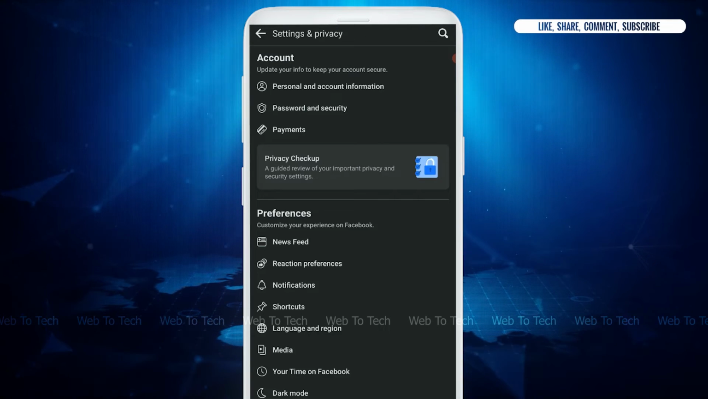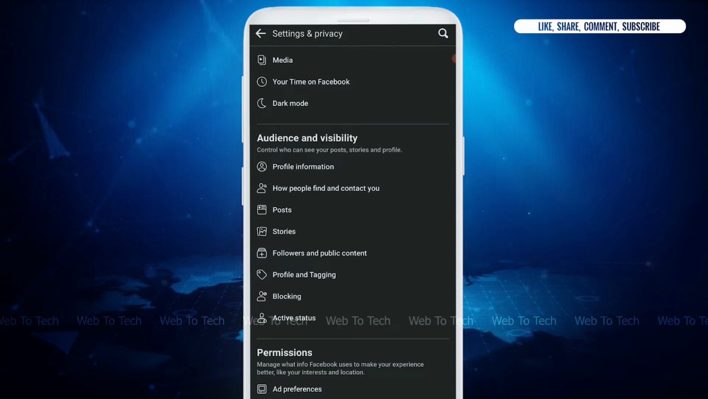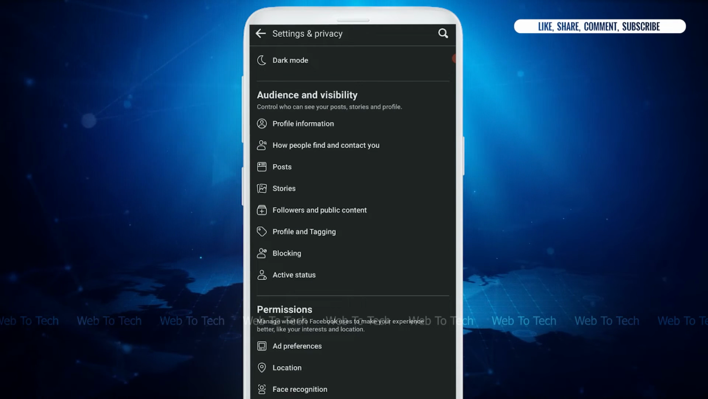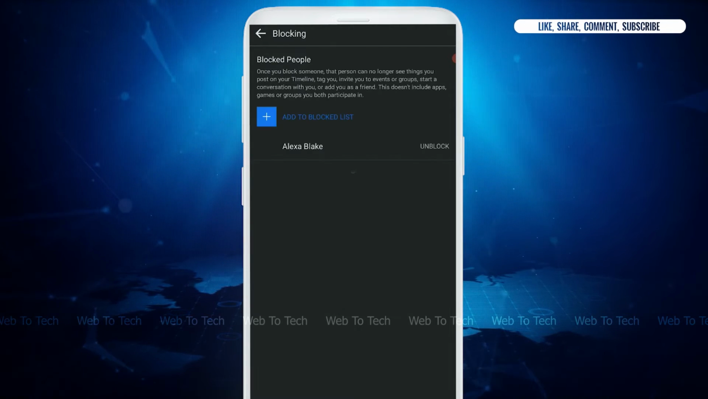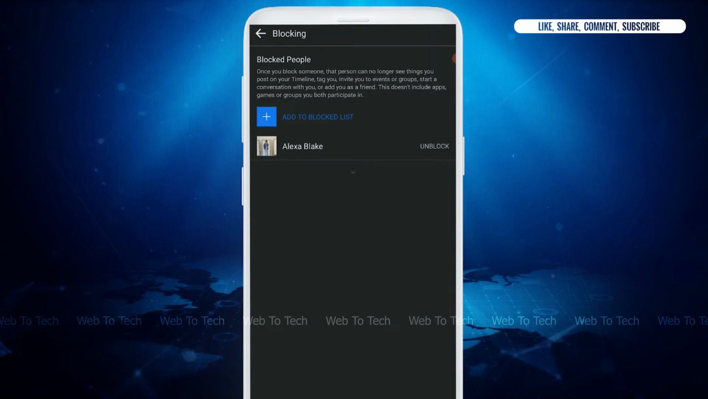Once you're inside settings and privacy, you need to scroll down to audience and visibility. Inside audience and visibility, you will see the option of blocking. You tap that option. Now inside you will find the list of all the people that you have blocked on